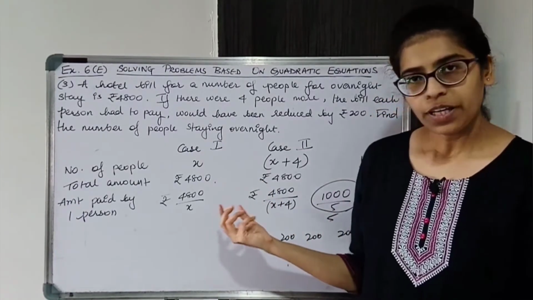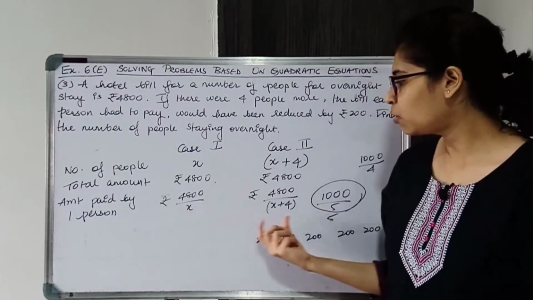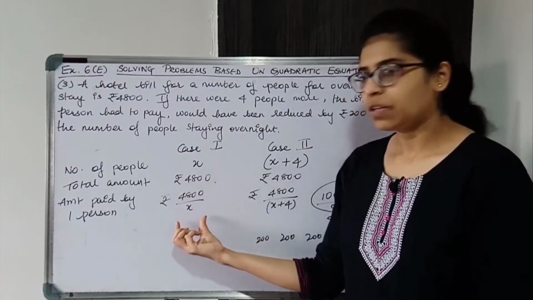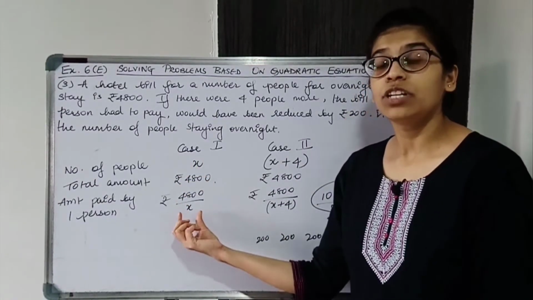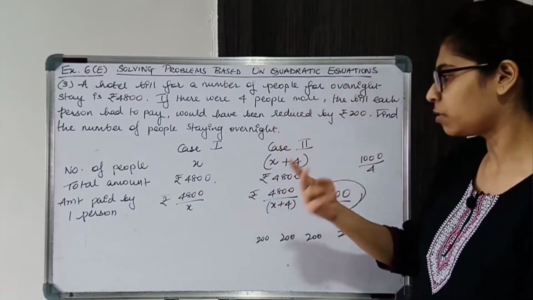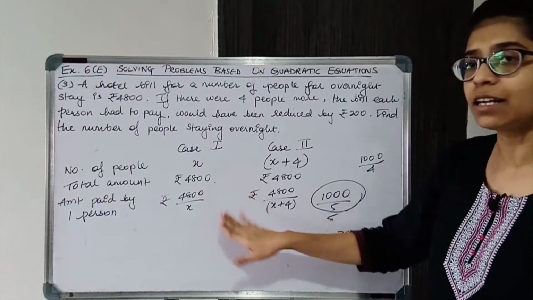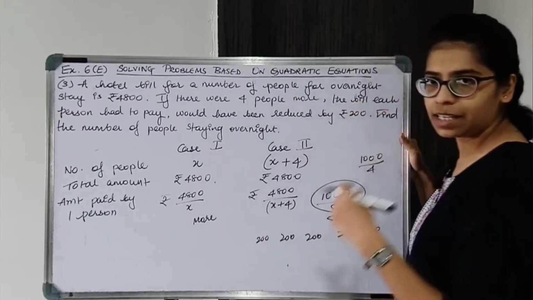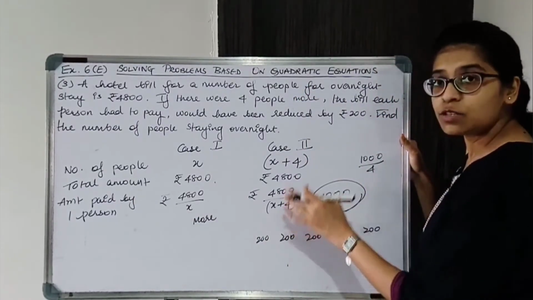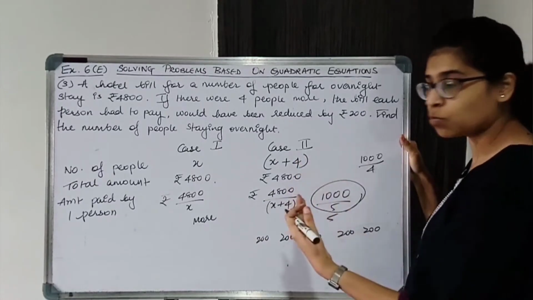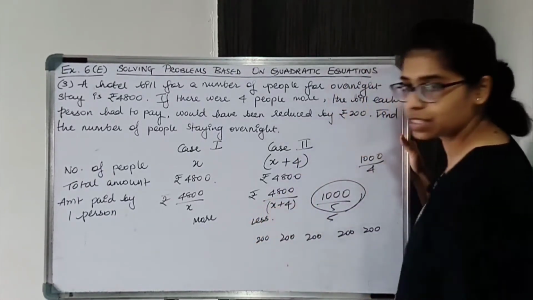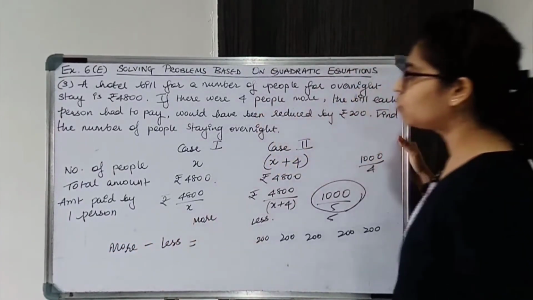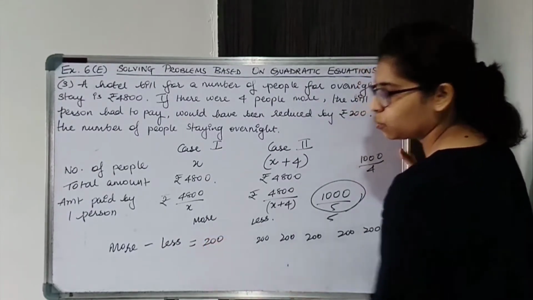Now over here if you check in which case the amount paid by the people will be more and in which one it will be less. Here the number of people are less, ठीक है, the denominator is less. So the denominator is less, it means the quotient will be more. Okay, ये इसको divide करके जो आंसर मिलेगा that will be more. Denominator is less, so the amount paid by each person will be more. यहाँ पे denominator is more. Okay, the number of people is more, so the amount paid by each person will be less. So more minus less is equal to rupees 200.